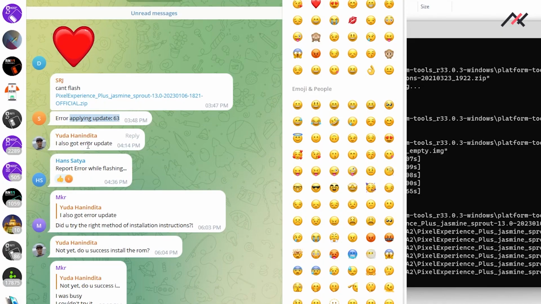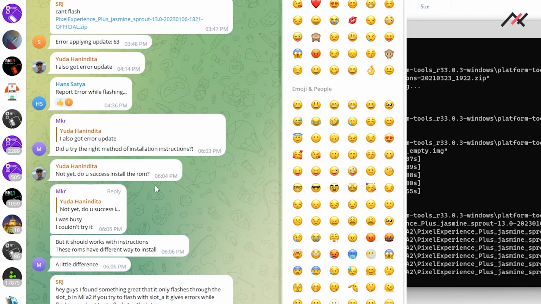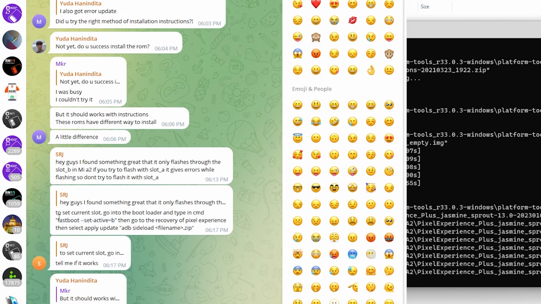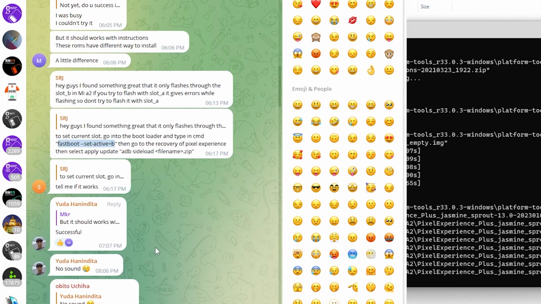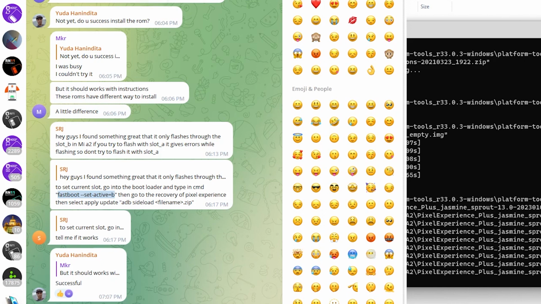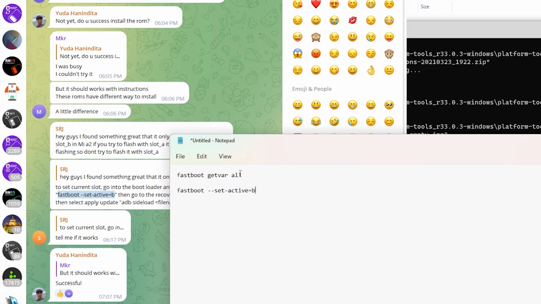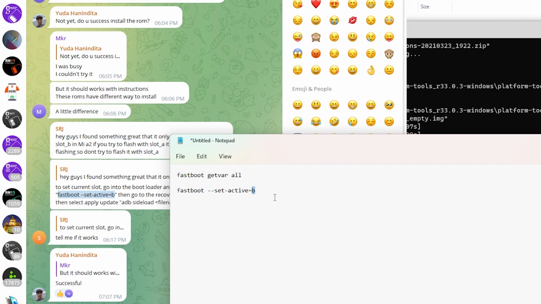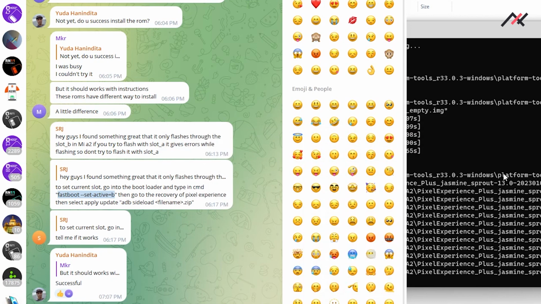People said they got error update 63 and this one error. If you get into trouble, check which partition you are currently in, then switch to the opposite partition and try again. How to do that? Here I have both commands. fastboot getvar all will give all the variables, and eventually it will also give the current partition. If it says A, you just set the partition to B: fastboot --set-active=B. If your current partition is B, then set it to A and then try to flash